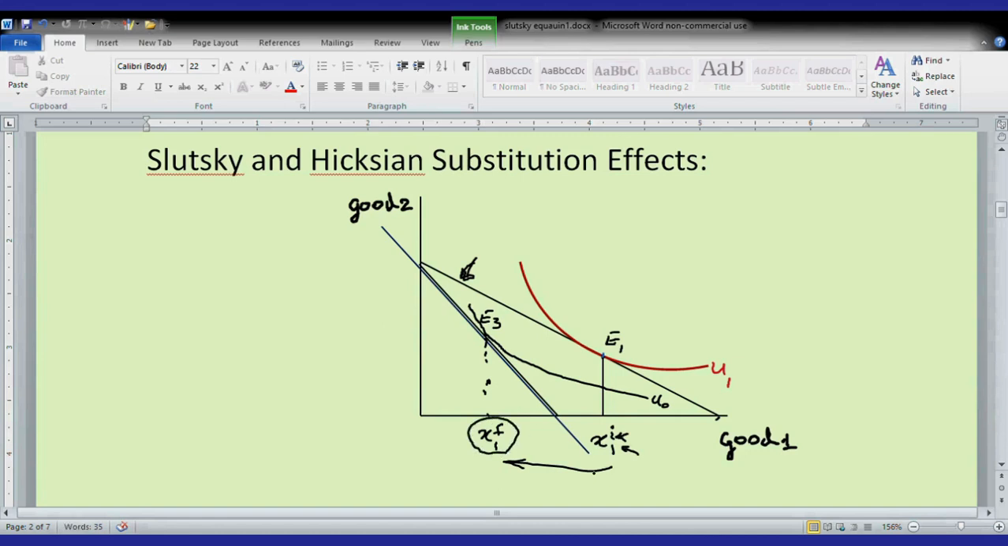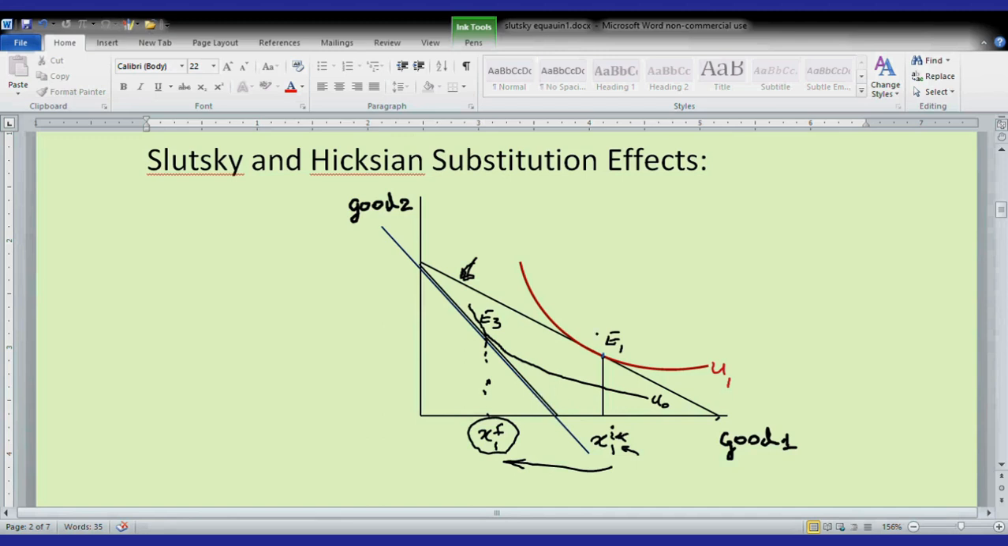As we reasoned, this change in consumption of x from x1i to x1f is partly because with the increase in price the household has lost some of its purchasing power, and partly because the relative prices of good 1 and good 2 have changed. To decompose the price effect into income and substitution effect,